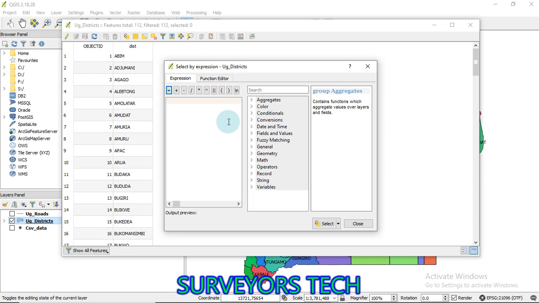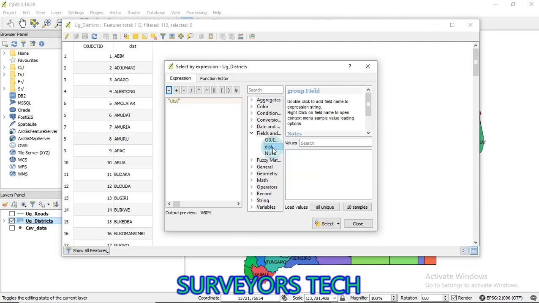In this case, we want to select a district whose name is Kampala. Based on the fields that we have, that's where we make our selections from. If I had population data, I would search for a district which has a population above a certain value, but in this case we only have two fields, object ID and district.